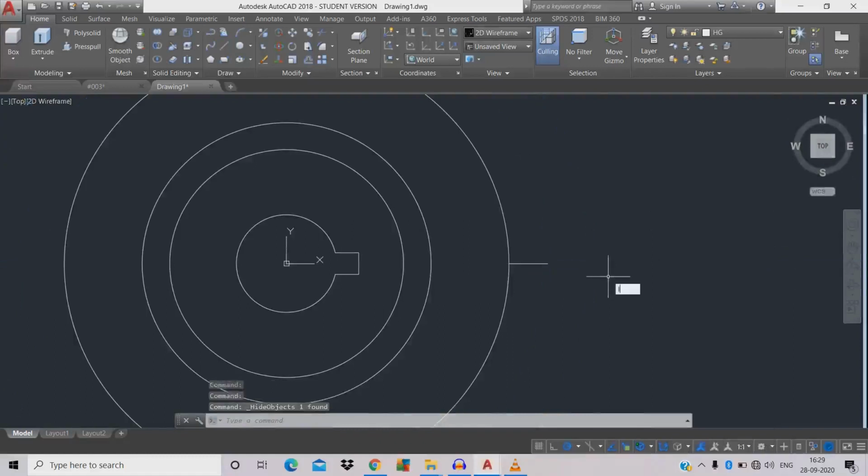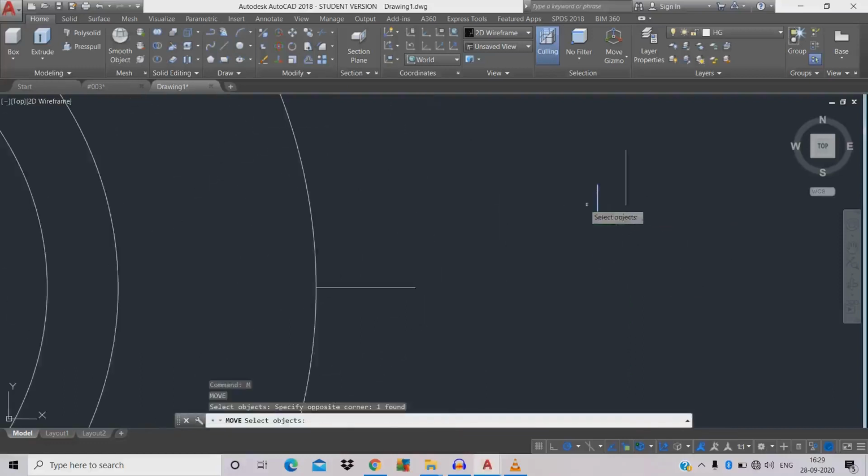Now we're going to draw 2 lines. The first line distance is 1. To repeat the command, space, left click the mouse, drag downwards, we're going to give distance 2 mm. M space, just click the 1 mm object, pick the midpoint, and we're going to paste it over here. To repeat the process, space, just click the 2 mm length, space, pick the midpoint, we're going to paste it over here.